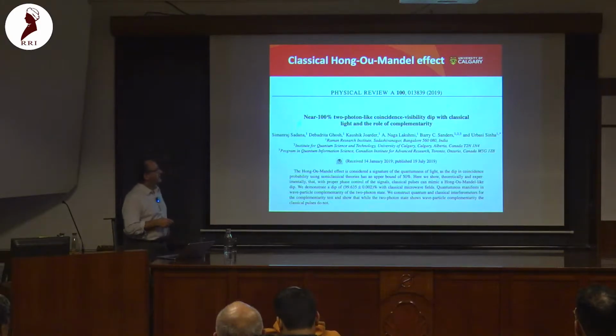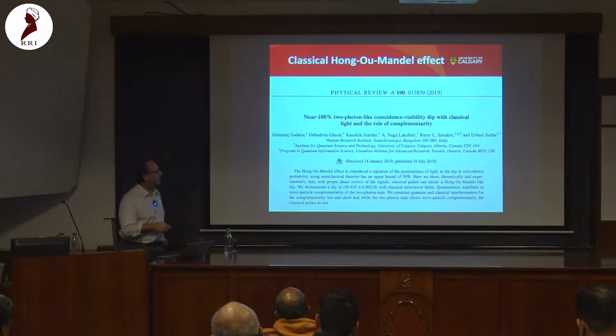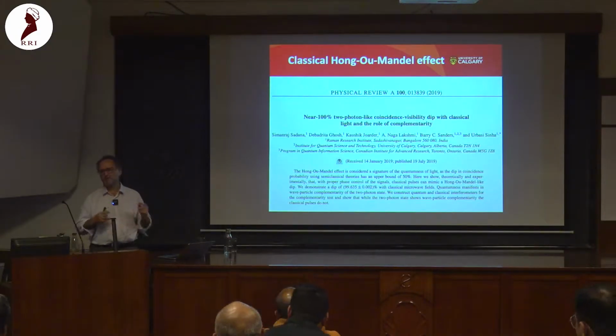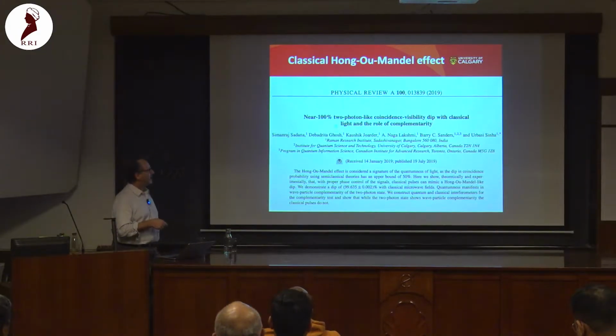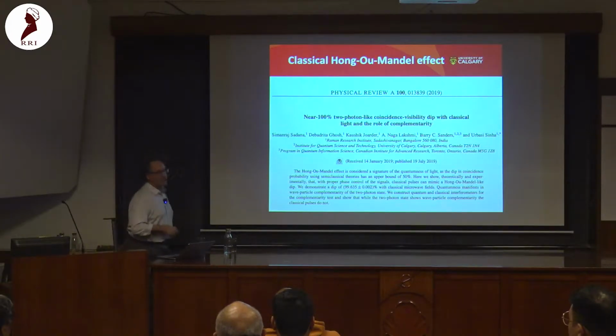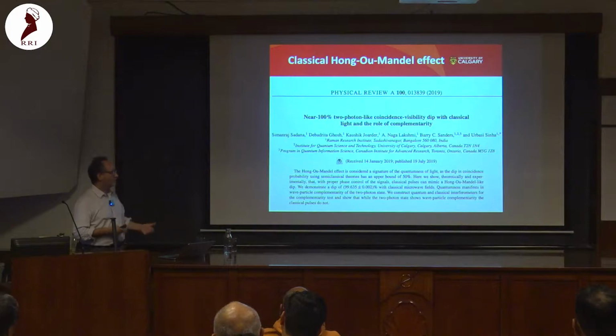The paper's title is near 100% two-photon light coincidence visibility dip with classical light and the role of complementarity. It captures the message that you can get classical photons, which are just pulses of light, and get a 100% dip, not the 50% dip that quantum optics textbooks tell you. The key point in knowing that the Hong-Ou-Mandel dip is quantum is that you have to do a complementarity test. If you set up the conditions to see a 100% dip, then you won't get the